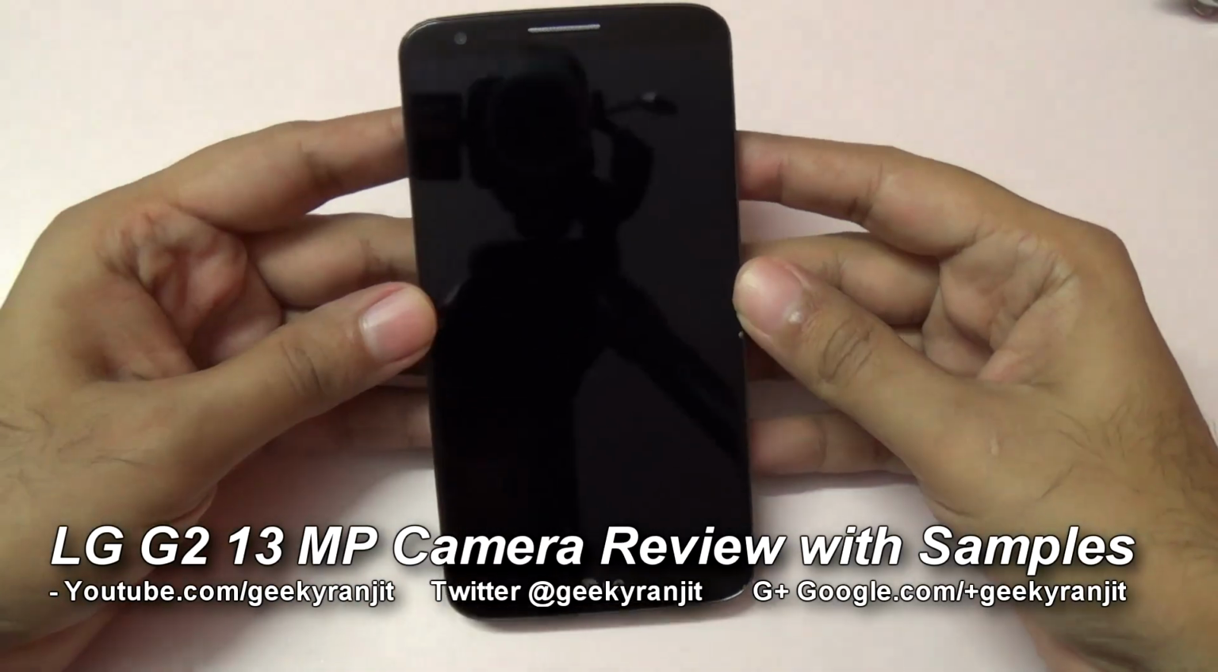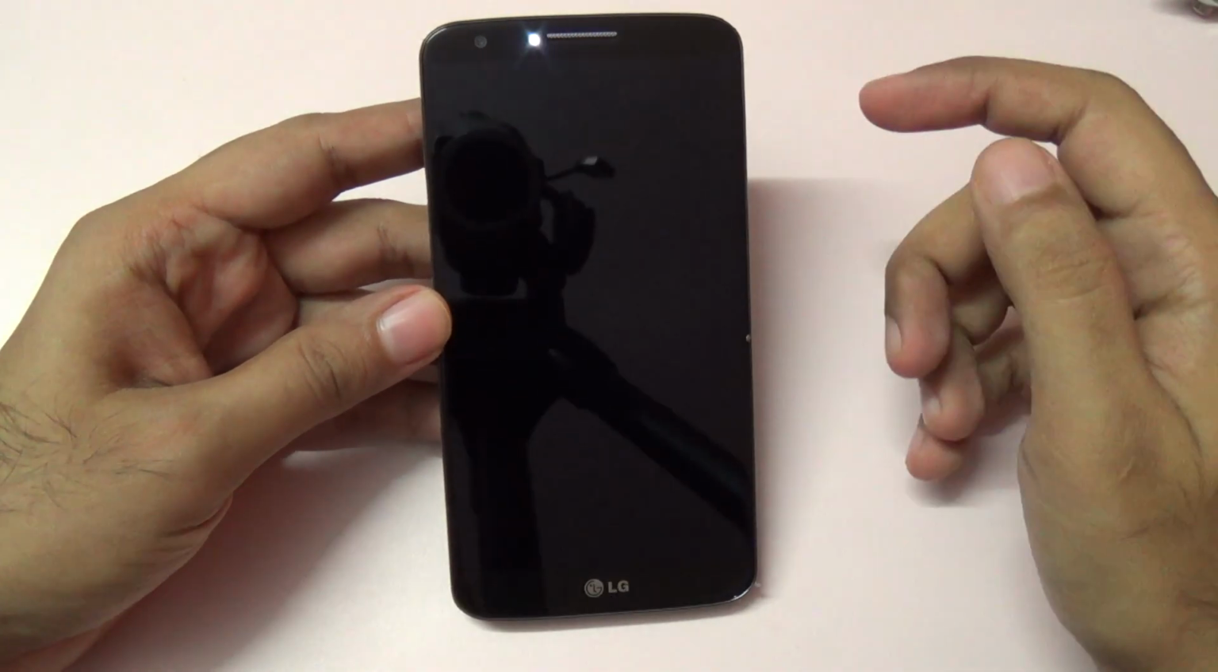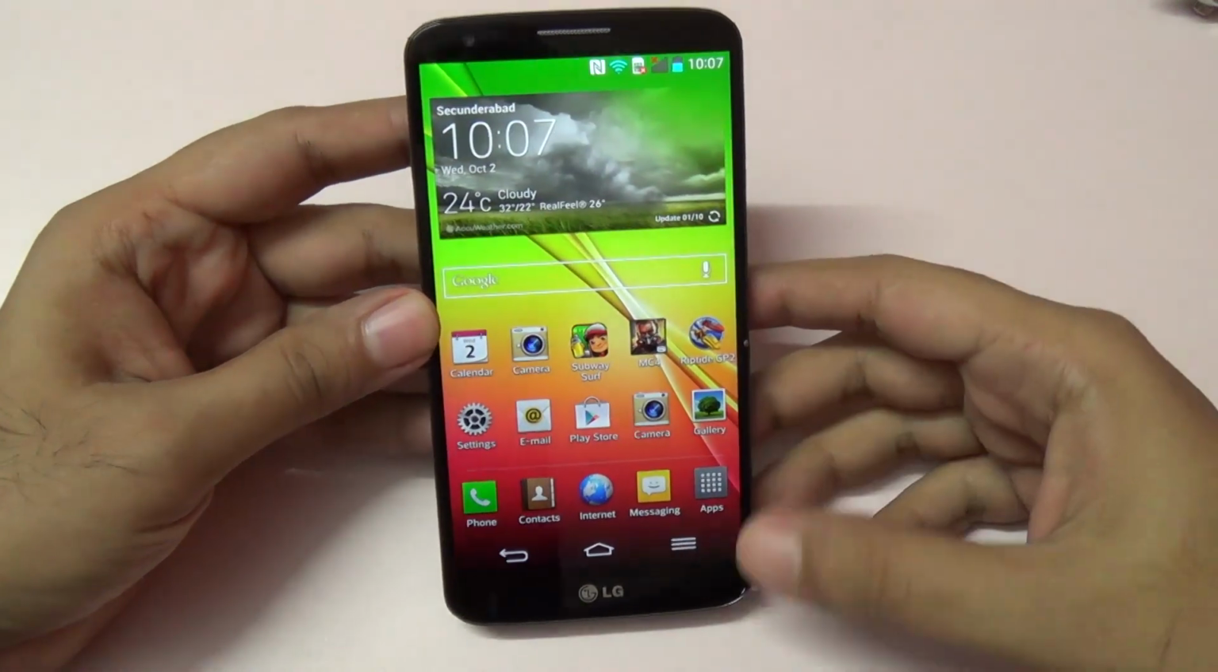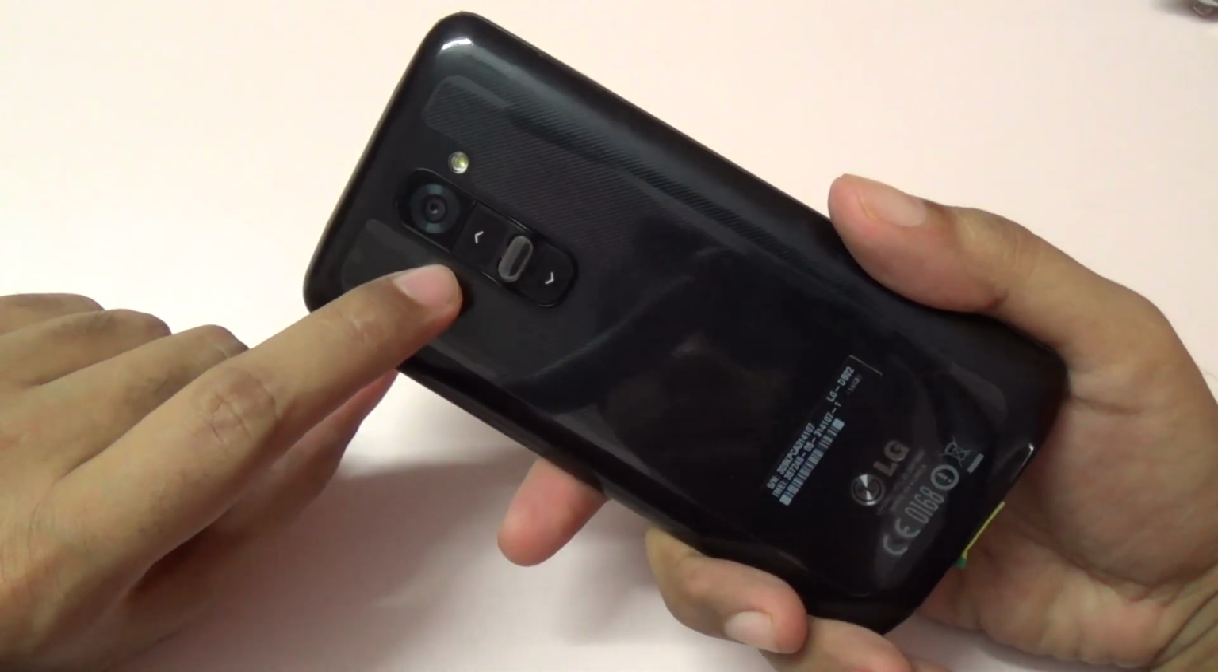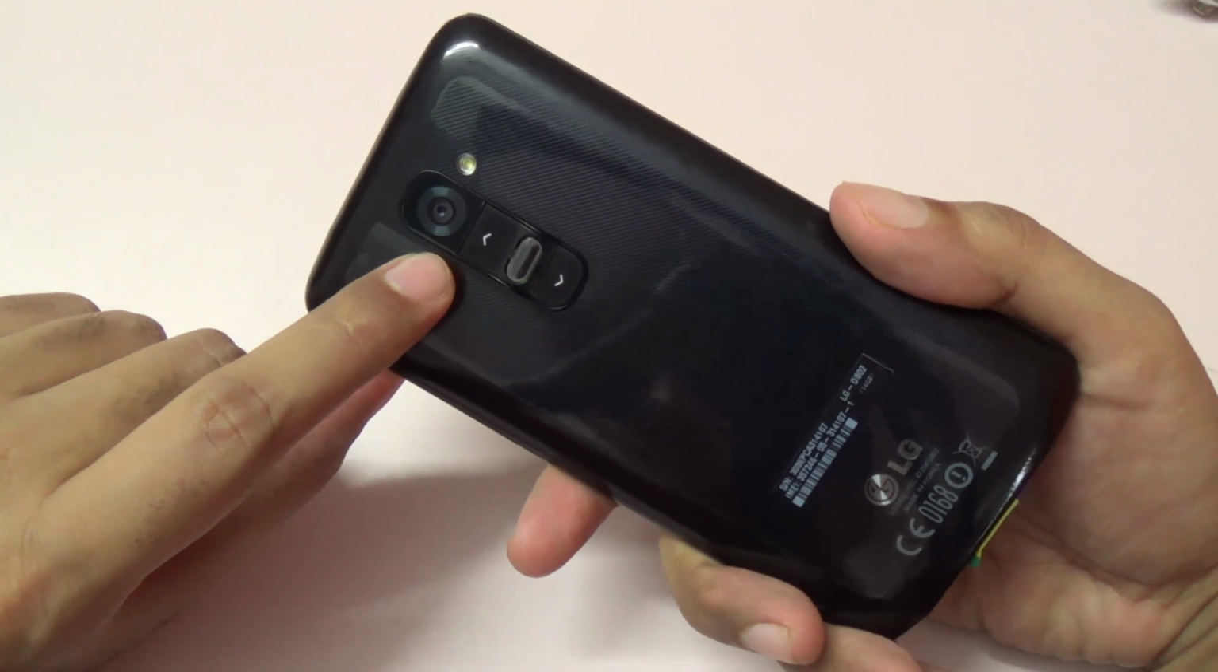Hi there, this is Ranjit and I have the LG G2 with me, and we're going to do the camera review in this video. The rear facing camera on this LG G2 is a 13 megapixel shooter, and the good